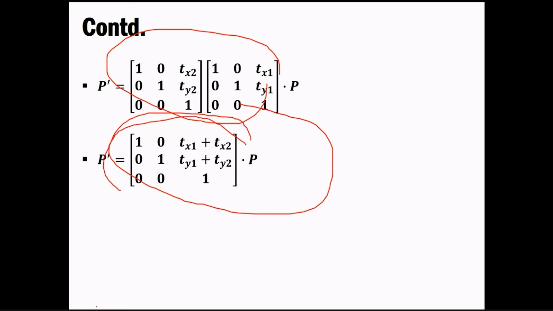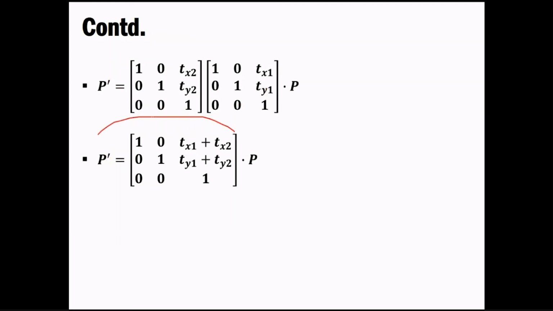We have not done anything here except multiply these matrices to get the simplified form. The multiplication starts from here with this, and similarly multiplication goes on in that manner, and we'll get these values. The first value you get is 1, 0, tx1 plus tx2. How? Whenever you apply this over here, you get one value, because we have 1, 0, 0 over here. So 0, 0 will be multiplied with both of these terms and the single term remaining is 1.